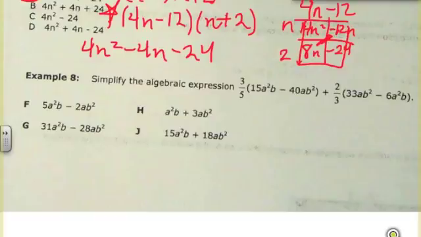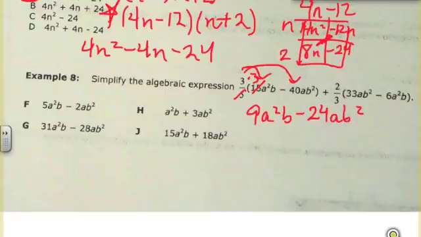So we got 22ab squared. I'm going to write that underneath my other ab squared so I can combine the like terms vertically. Now we need to multiply the 2/3 times negative 6a squared b, so negative 4a squared b. If I combine my like terms, that's going to be 5a squared b. Notice I don't add the exponents. They stay the same. And then minus 2ab squared. So then my answer